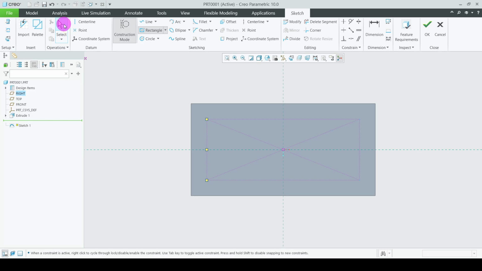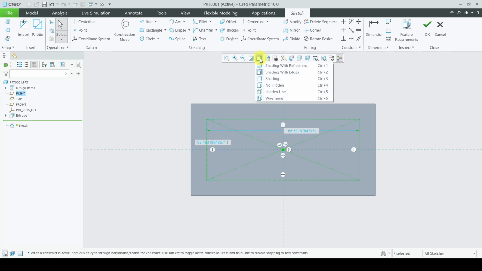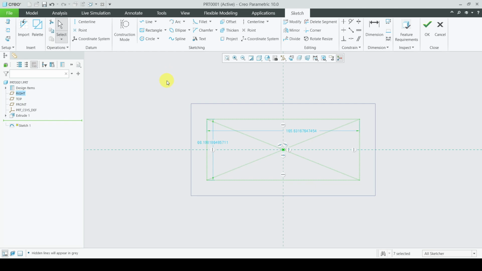Okay, now we will create a hidden line. Okay, so in order to view it better,